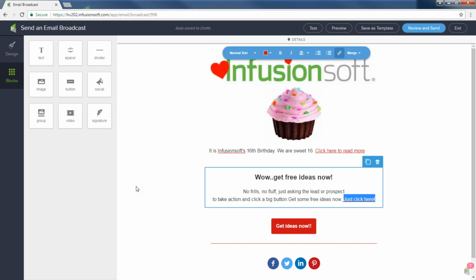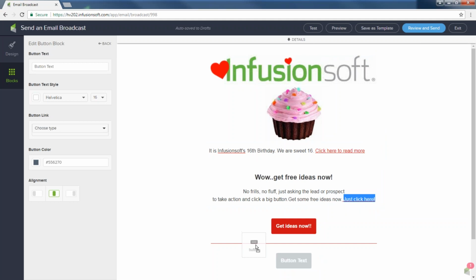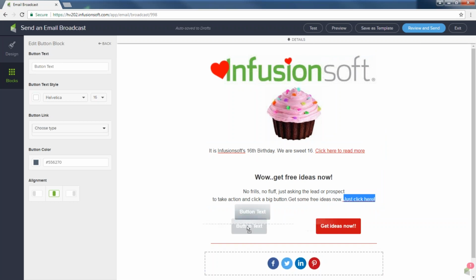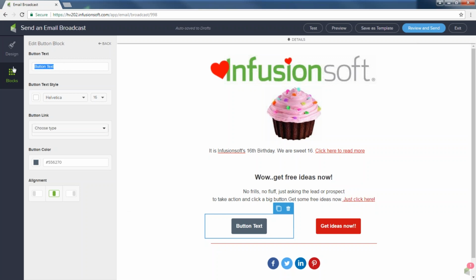What if I want to add another button? Click on the button, drop it where you want it. I can even drop it in the same space as the other button. I'm sorry, I couldn't think of the word. And change it to